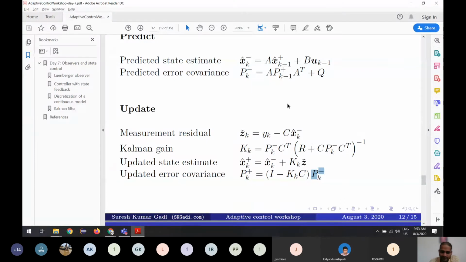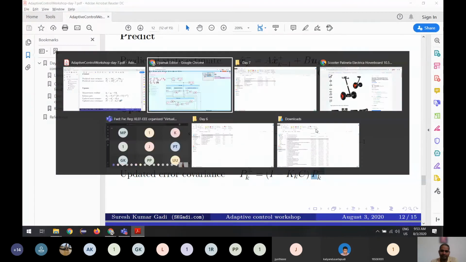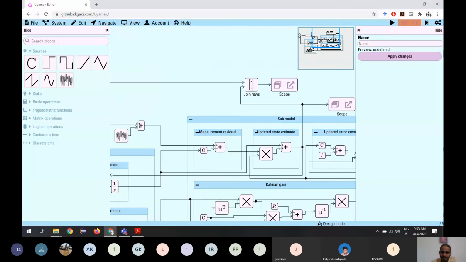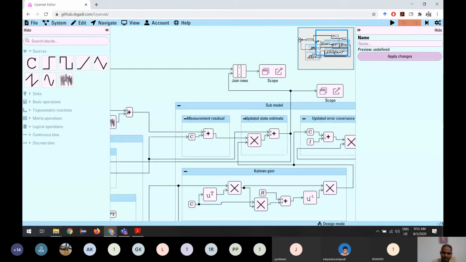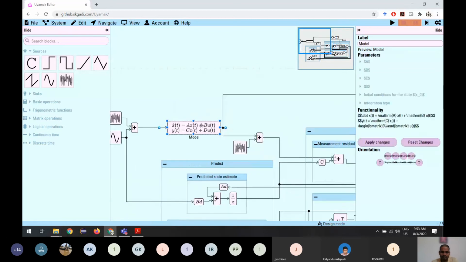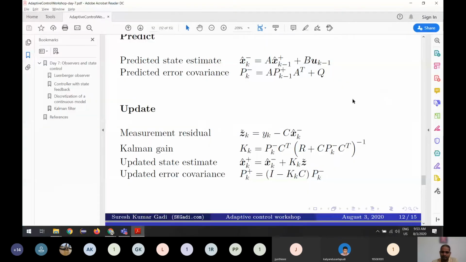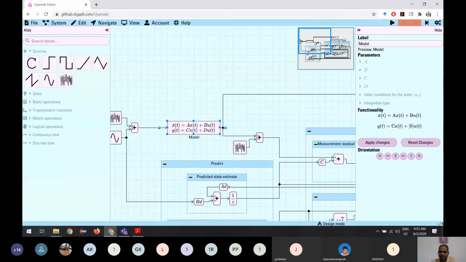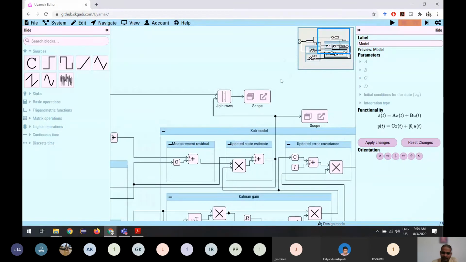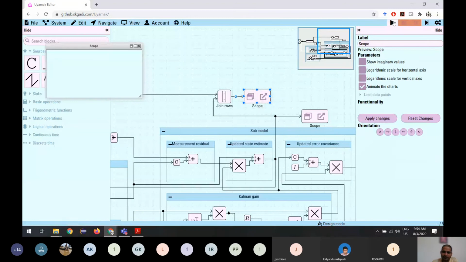So that's how we implement the Kalman filter. Let us see the output. What we are getting is some state estimates. So this is the actual system. We are using the same system. We are putting W, which indicates the noise. So you give some beautiful input like a sine wave, but the system is receiving the sine wave and also some noise. So let us run this and see if we can estimate it properly.